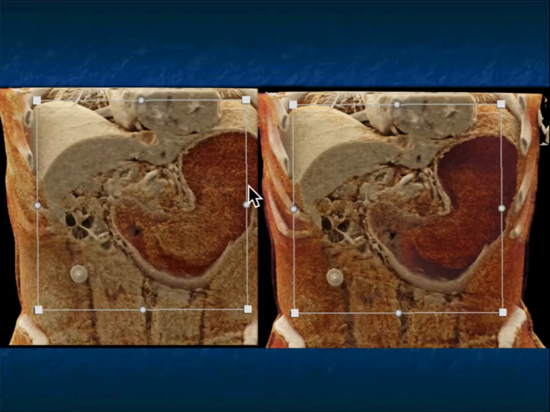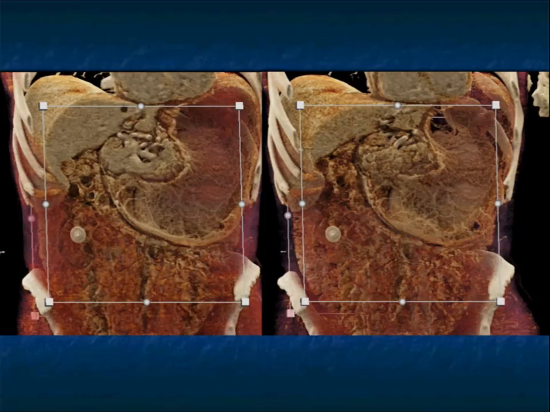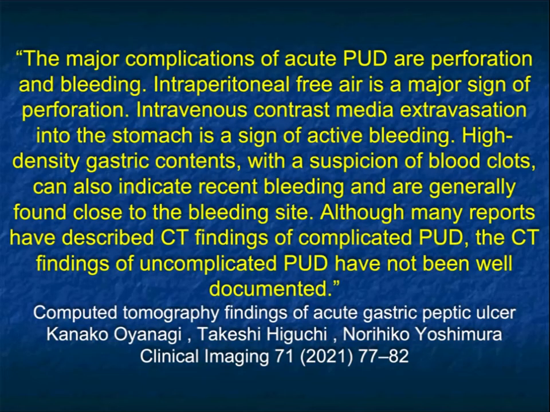Here it is with cinematic. The blood shown nicely. Here's the curvature, right? There's the ulcer right here. There's the perforation. So cinematic rendering very nicely shows you, and cinematic rendering is really good for looking at gastric folds, whether you have air in the stomach or water. It works very nicely. And this article by Ayagagi made the point about the presence of ulcer disease, complications, perforation,